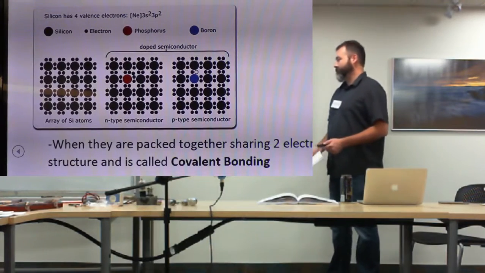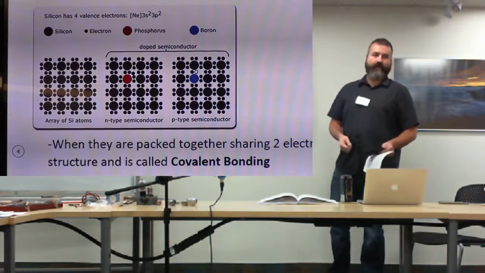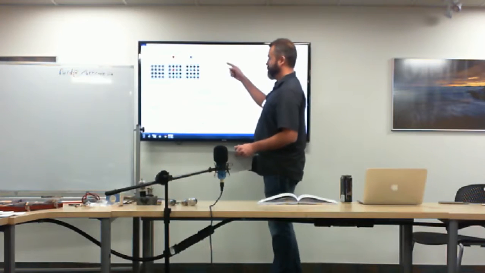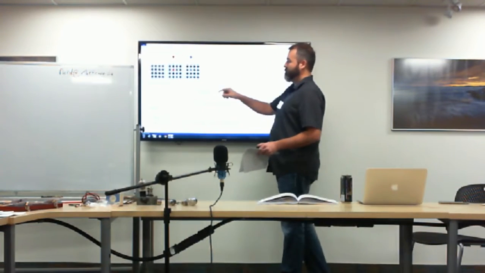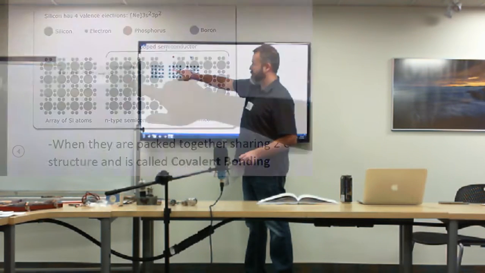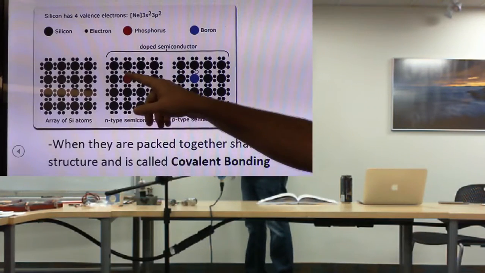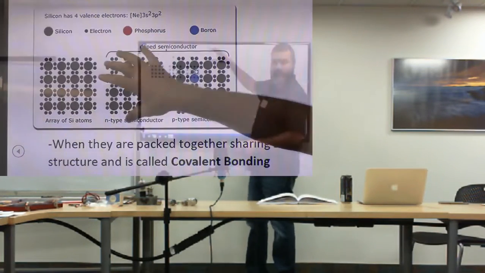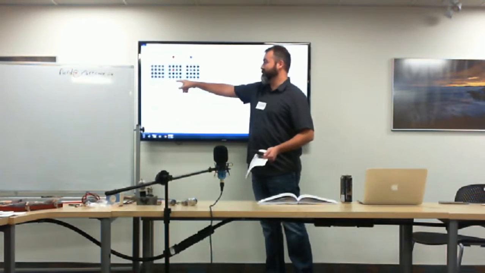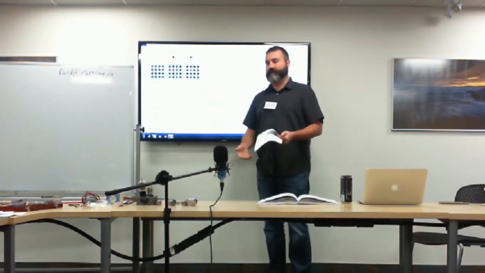So what they do is introduce a contaminant, which they call doping. They dope the material by adding a material such as phosphorus or boron. In this situation, they've added an atom of phosphorus, and it has an extra electron. So now it has one more electron that it can give up, and it can become a conductor of sorts. That creates an N-type semiconductor. N for negative because it has more electrons.